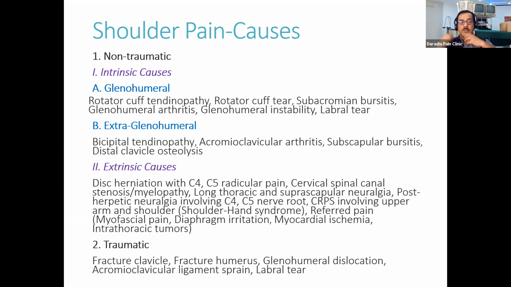Extrinsic means it is a referred pain coming from some other part, apart from the 3 or 4 joints of the shoulder. So the most common referred area, remember, is the cervical area. Cervical facet, remember the 3 things, very, very important referred pain in the shoulder. In our clinical practice, many times we have confusion. Up to the shoulder is your C4 nerve root, and shoulder to the lateral part of the arm is your C5. So C4 and C5 radicular pain is felt along the shoulder.